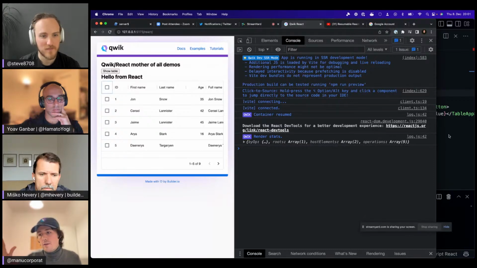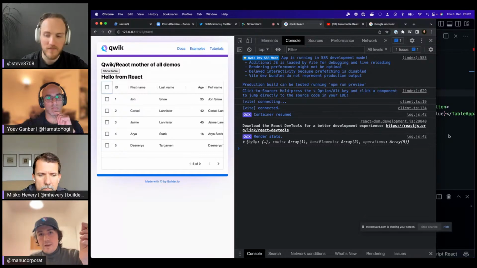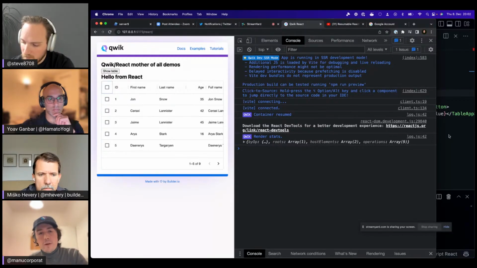I think Astro looks at this in a different way. Astro doesn't own reactivity in any way, right? They are just a pure static HTML generator with the ability to have islands of interactivity. So I think the first difference is a philosophical one. We want to use this as a migration path. If you really need to use this library, you can just do it and ship fast. We don't want you to be blocked.